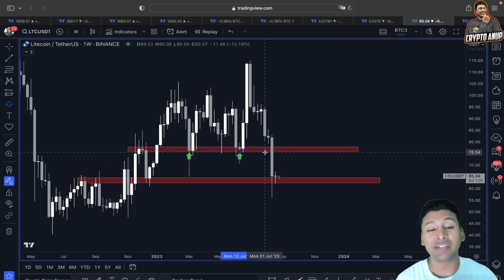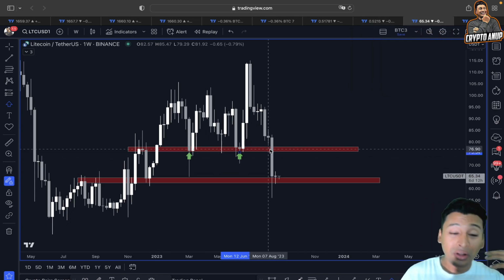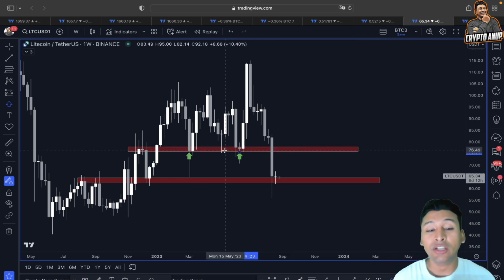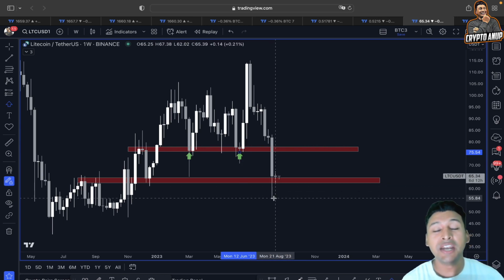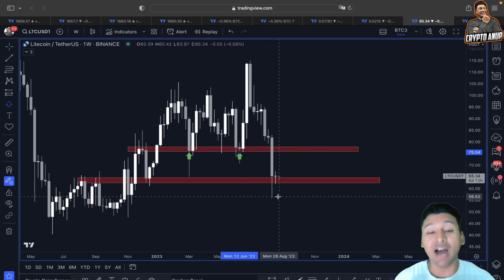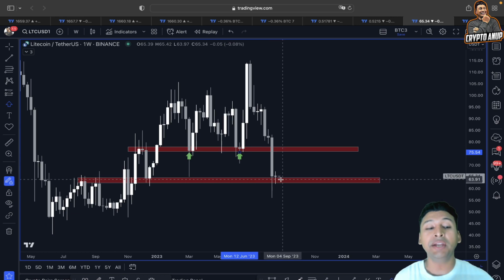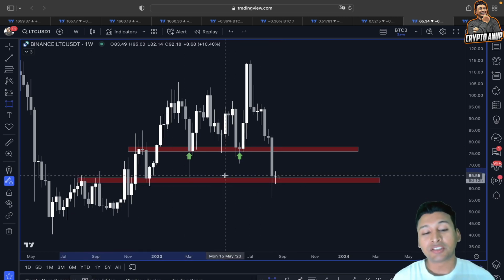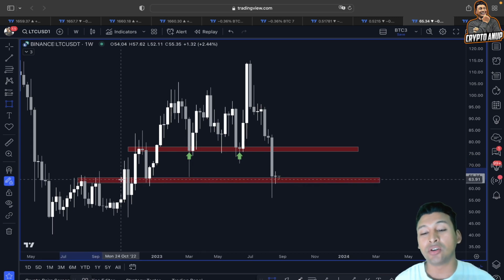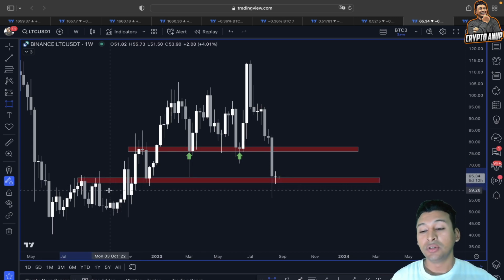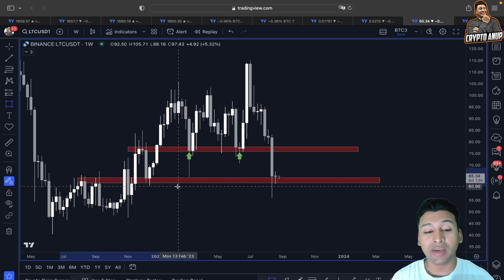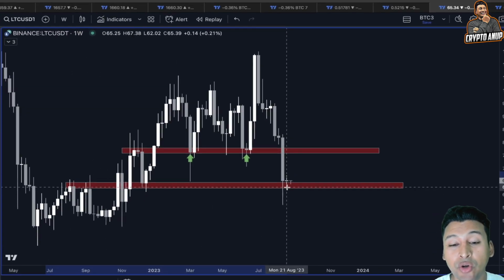we have lost some key line of support which was supposed to hold the price in between $75 to $80. We lost that support and started showing another continuation here to the downside. And now if we look at the price action of Litecoin, you can see we are exactly at the previous temporary line of resistance and support. Yes, guys, this horizontal trend line around $60 to $55 actually acted as a line of resistance and also as a line of support. So this is exactly where we are holding right now.